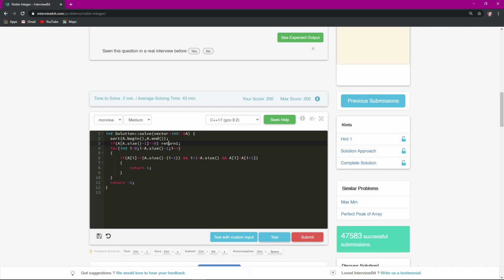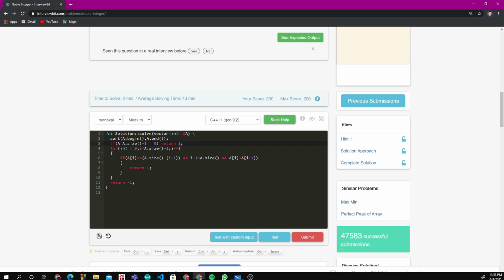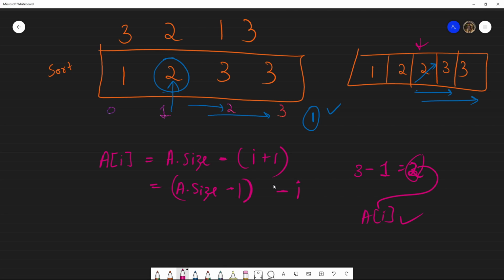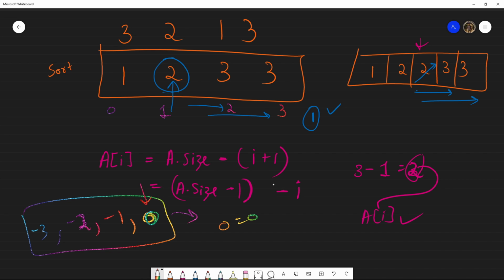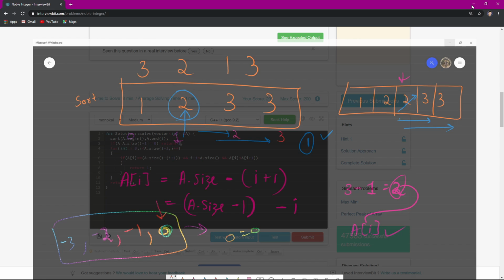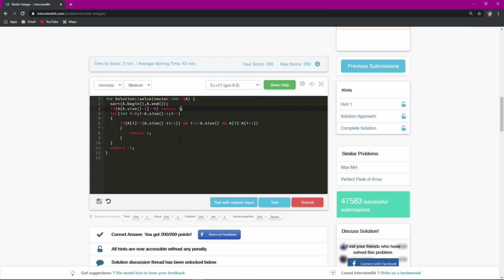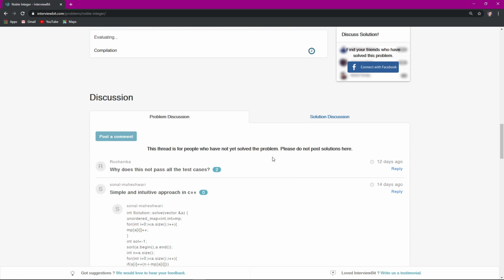Now the thing is, if after sorting my last element is 0, that means all the values that I had were negative. So it will be something like this, and then only my 0 will be there. If my last element is 0, I don't need any greater element right after this, because 0 is equal to 0. I don't need any element after this, so that's why I have put in that case over here as well. Now I guess my solution is complete.